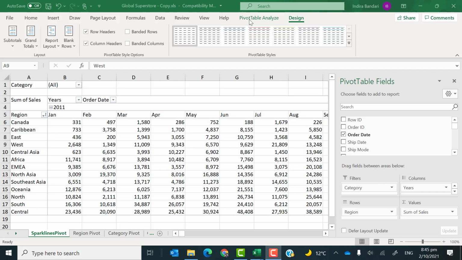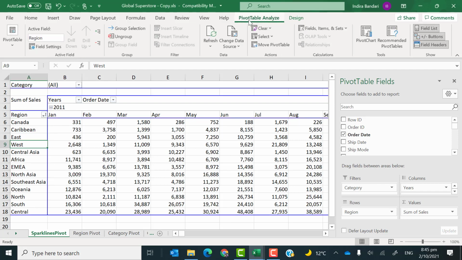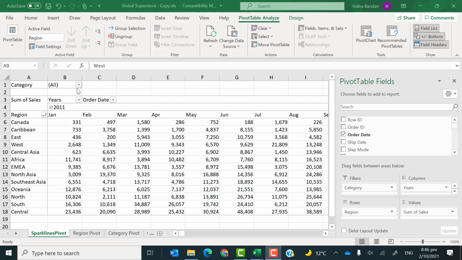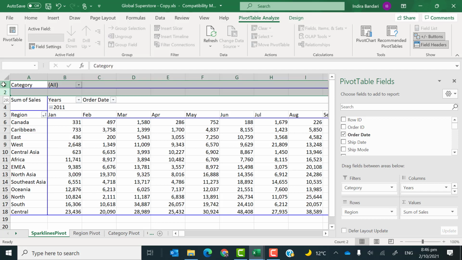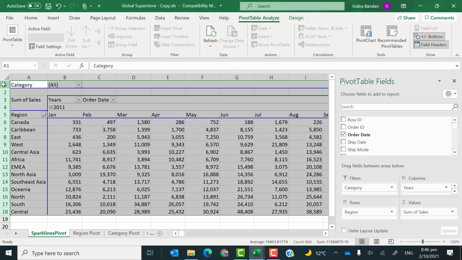Now let me make sure that this pivot table has a name. So I'll just go into the pivot table analyze and change the region pivot to Sparkline total as the name, because this is for all categories. And now I'm just going to copy this whole pivot and paste it underneath, and